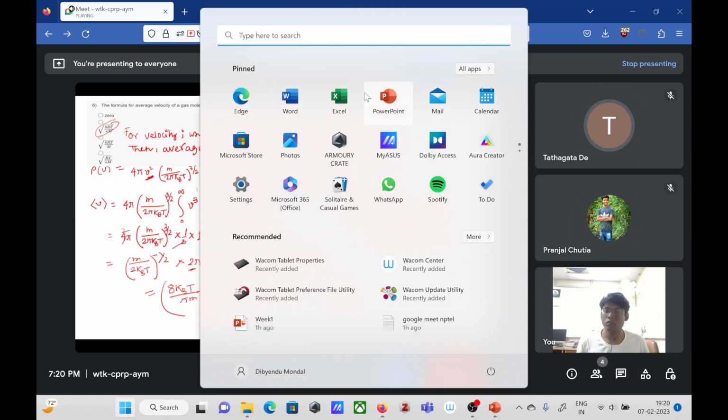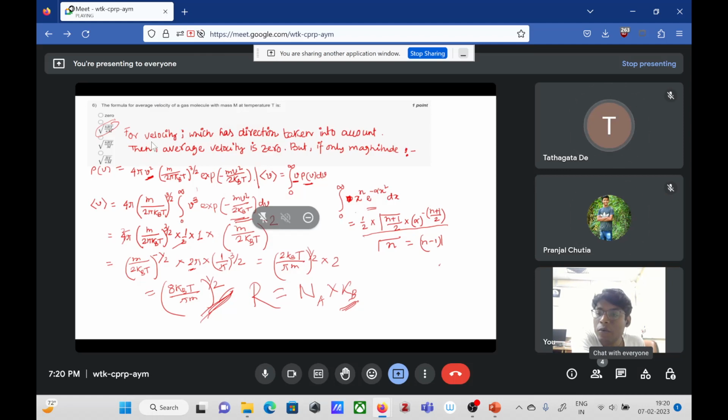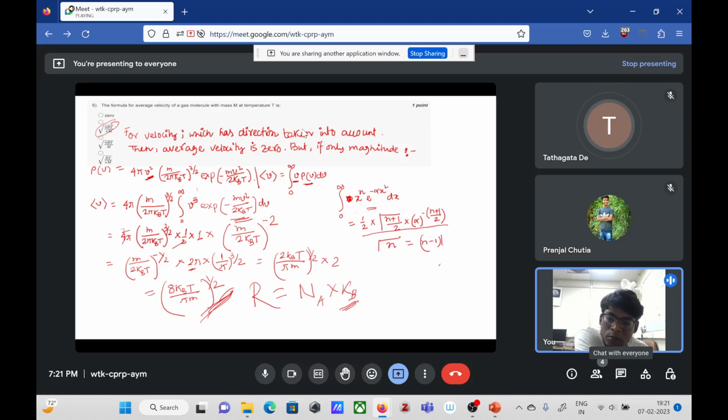Sure. So what we have said for velocity, when we take into consideration the direction, then that should have equal probability in both directions. So that will cancel out each other, and that will average out to be 0. But if we take magnitude, as Professor Arnab Mukherjee has said in his lecture, that from here onwards all the velocity thing will be taken as speed. So then we have to calculate the average speed.